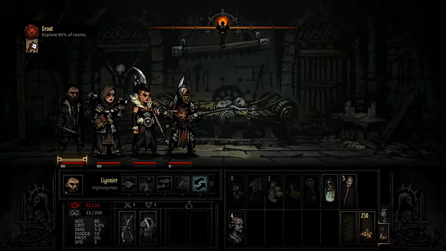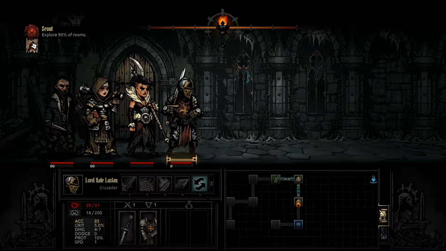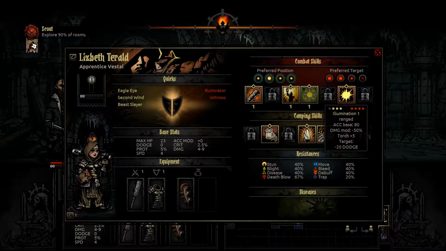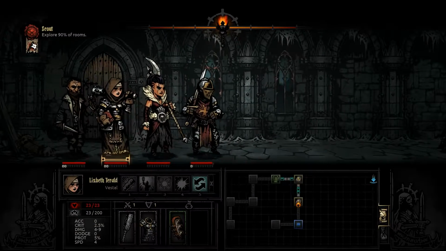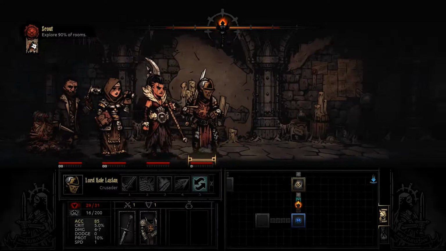You know what? He'll stay back there. He can still use pistol shot and tracking shot, and he can duelist advance into position if he needs to. And this way, Elizabeth can use illumination if I needed to lower something's dodge. We're doing the rest of this in the dark when we come back, so...